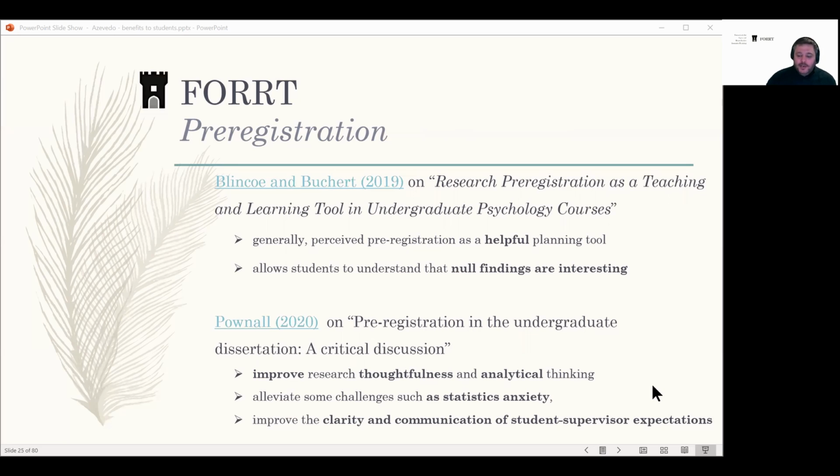So they understand that it's not only positive or significant findings that are of interest. And Cornwall also speaks about how pre-registration can help the communication between mentees and mentors, as well as expectations, and may alleviate problems with statistical anxiety and other learning issues, not to mention helping students with their analytical